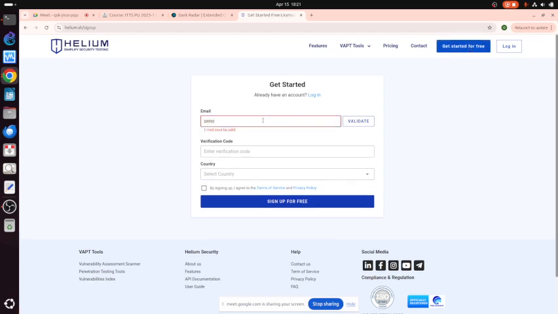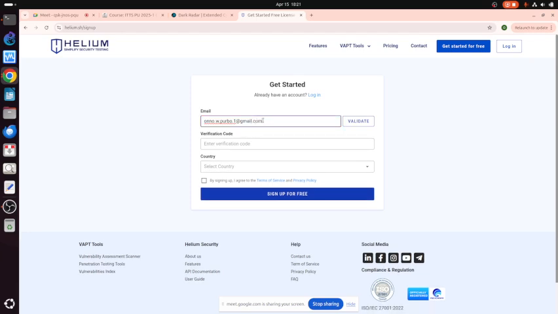You can put your email here and validate, and then it will send you an email. Let me see if I can receive the email. I have about 1 minute to check it.